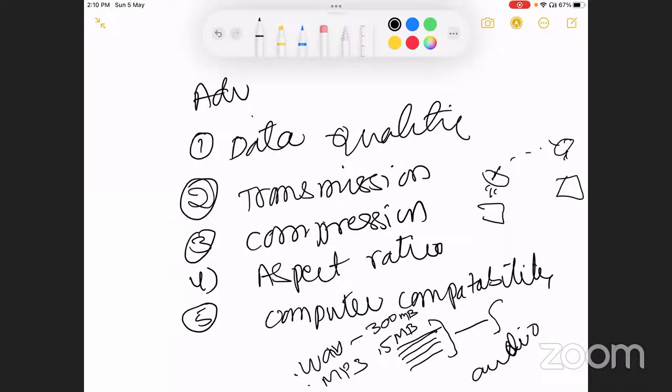So I'm getting the repeat sound. Somebody's